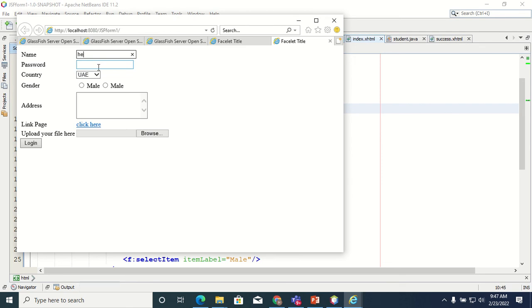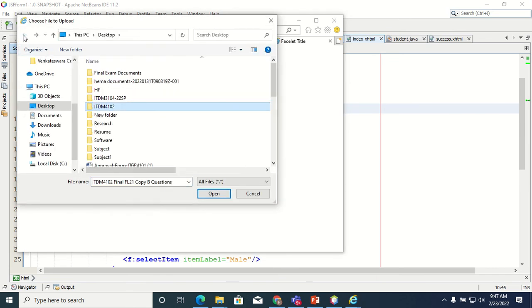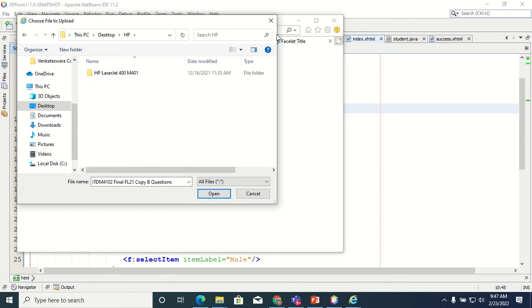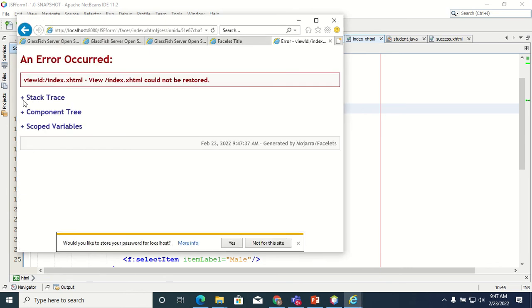Now let me type some name here. This is my password. I select the country. Oh, here we copy the same thing, so let me change it later. And this is your address. Now if you want, you can upload any file here. See, when I click here, you can upload any file. Any file you can upload, and when you click login,